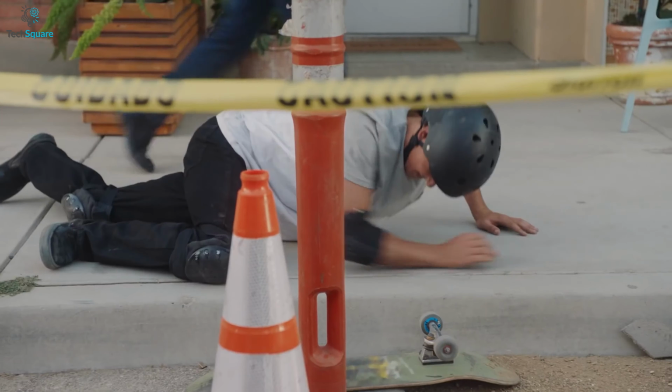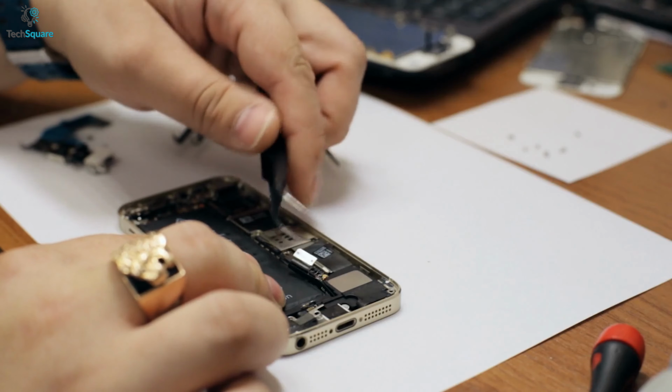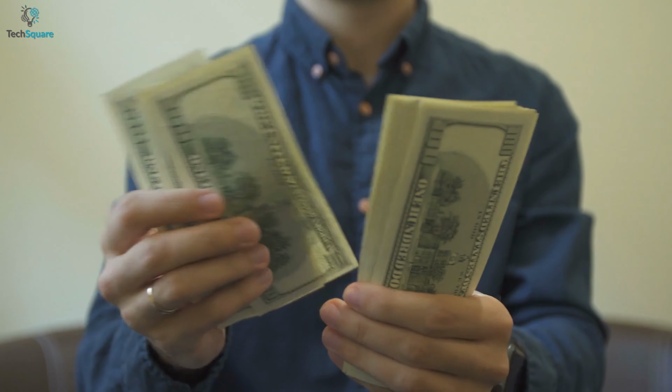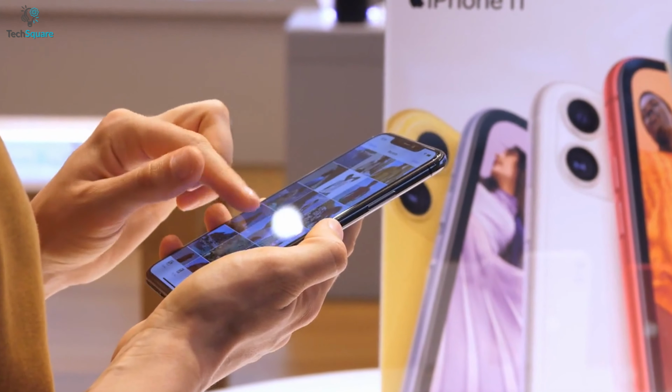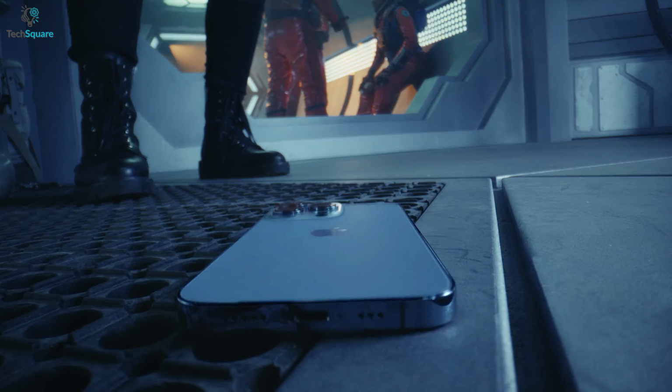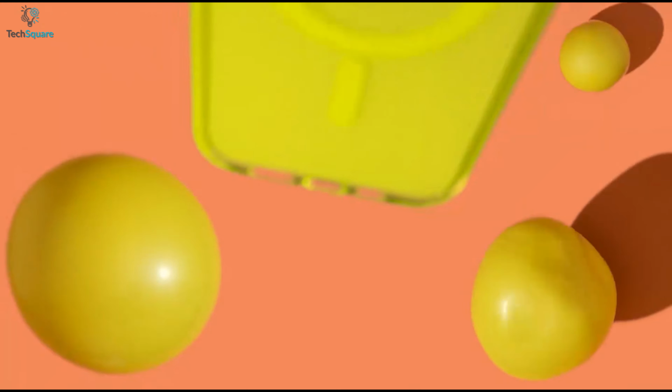While iPhones are relatively durable, dropping yours on a hot surface or directly on the screen could cost you an expensive repair or replacement, and with the $1,000 price tag, you might not be thinking of changing your device too often. Instead of paying a whole lot of cash for repairing your iPhone's cracked screen or going for a new phone entirely, it's better to get a durable case that is capable of protecting your precious phone from every external